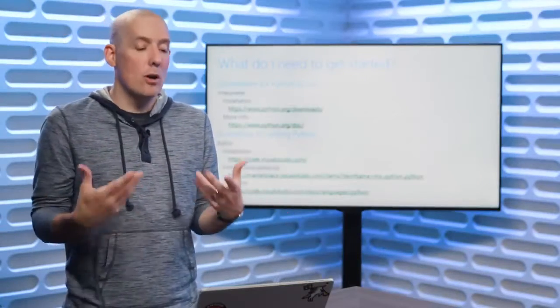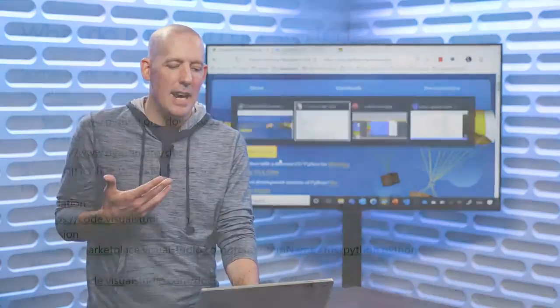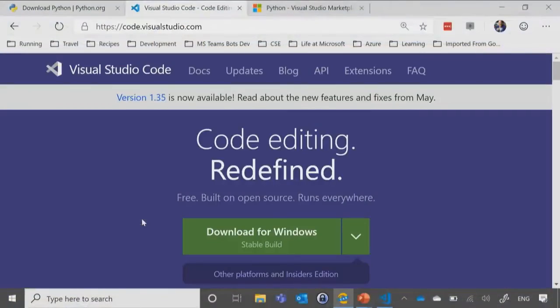The next thing that we'll need is something in which to write Python. And in our case, we're going to be utilizing Visual Studio Code. Now, if you want, you could go ahead and use Notepad or Emacs or, fill in the blank from here. But VS Code is going to give you a lot of fantastic support for getting in and writing your Python. Now, in order to install VS Code, you can just head on over to code.visualstudio.com and again, walk through the installation for your particular operating system.